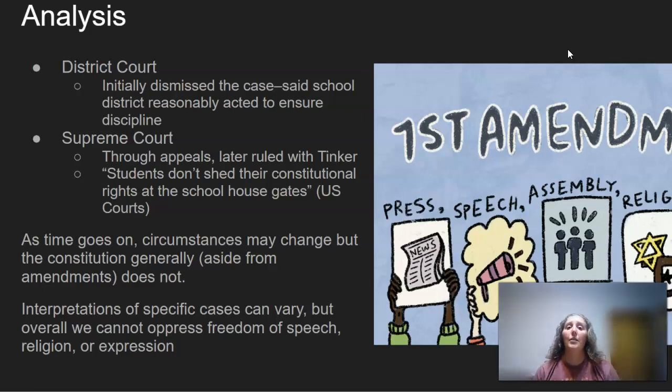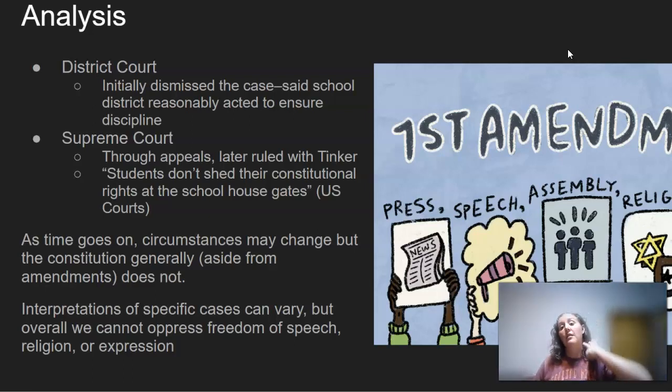So kind of like what I was talking about at the beginning, my general analysis: as time goes on, our circumstances are going to continue changing. Back then they didn't have online websites. Times have changed, but the Constitution generally, aside from very specific amendments, does not. We are interpreting specific cases as much as we can, but overall, especially with First Amendment cases, which can be very, very sticky, we cannot oppress freedom of speech, religion, or expression, which in this particular case, the Supreme Court